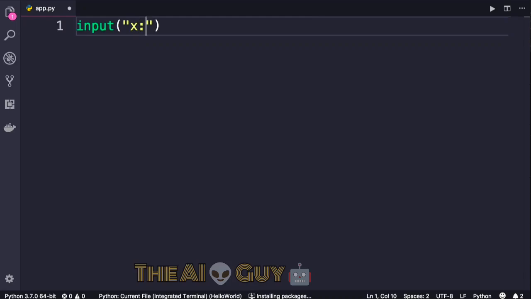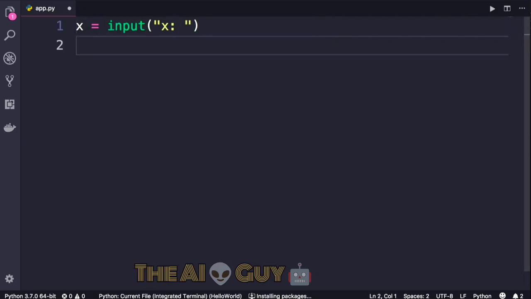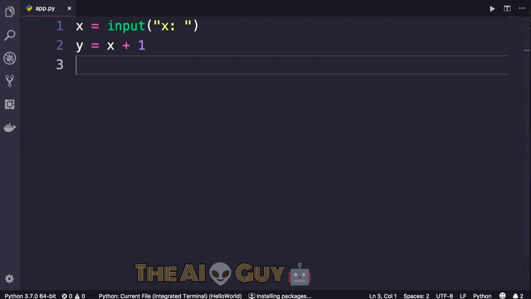So let's add x colon. Now this function returns a string, so we can store it in this variable. Now let's imagine that y should be x plus 1. Save the changes. Now don't run this program using the Code Runner extension, because Code Runner by default runs your